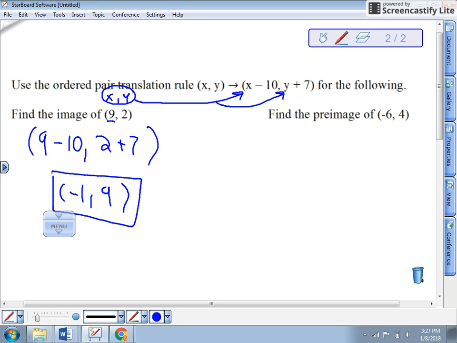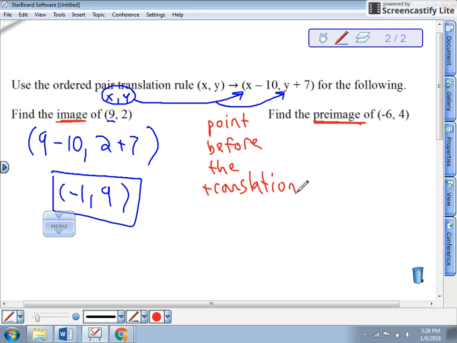Now, the second example, this one always throws people for a loop. You've got to know, does it ask for the image, which you just plug in, or the pre-image? So the pre-image, okay? So that's the point before the translation. Okay, so we now are at negative 6, 4. So where did we start? Okay, so rather than just plugging in our X and our Y, like we did last time,